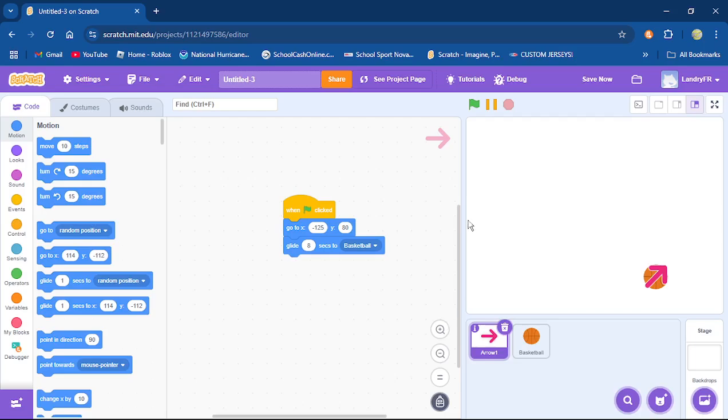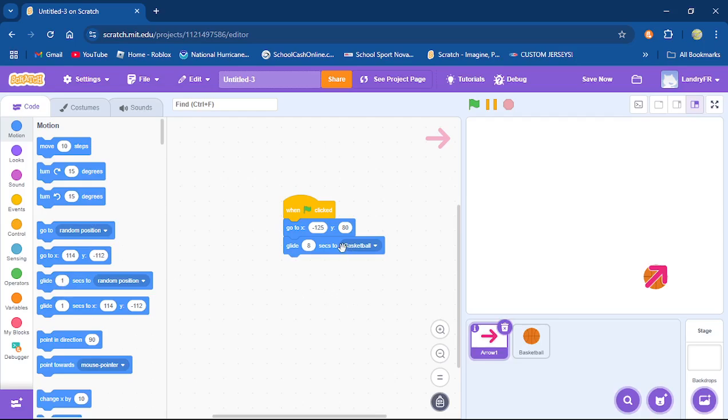So if you have a spawn system and you have monsters spawning in at specific locations, this is where they're going to spawn in. And then let's say they all have to go down just a straight path. Well, they're going to glide to this specific location, all of them. And you could just time it so that they all come out every 0.5 seconds or whatever, and they are walking down a path like for a tower defense or whatever. All right, this would be one way you could do it.